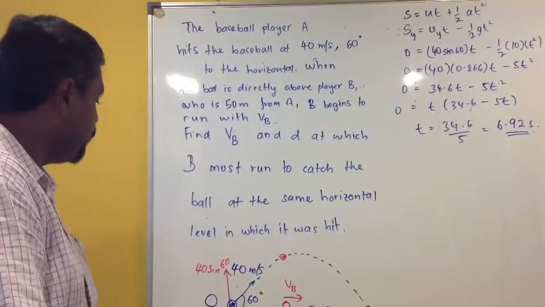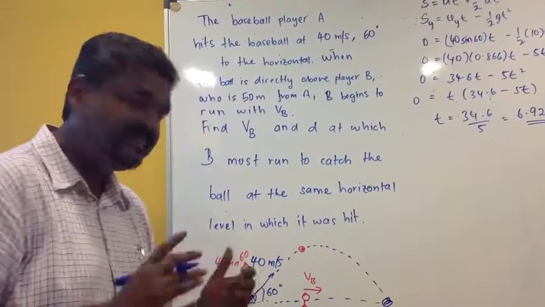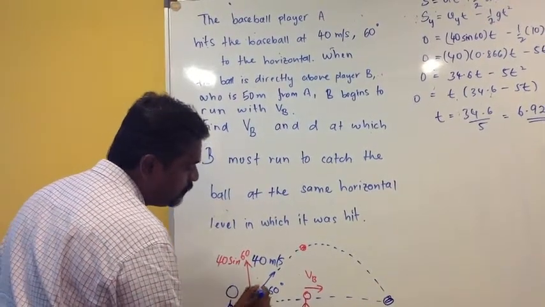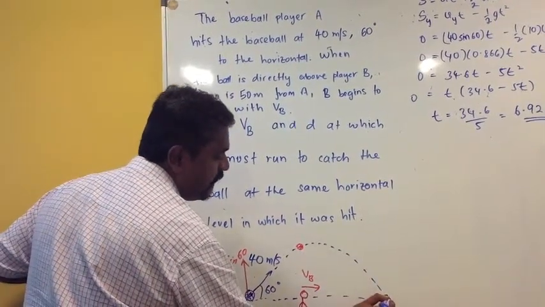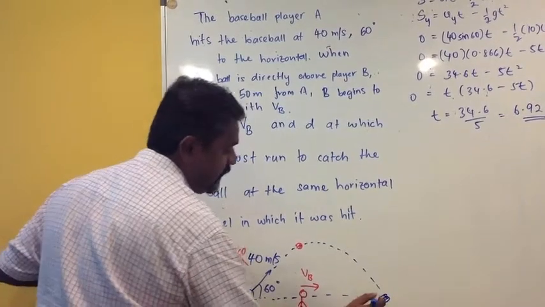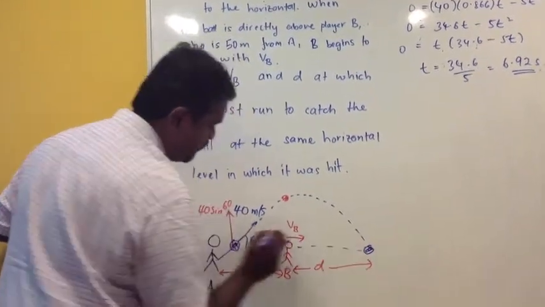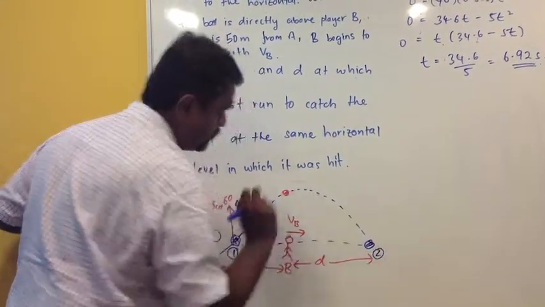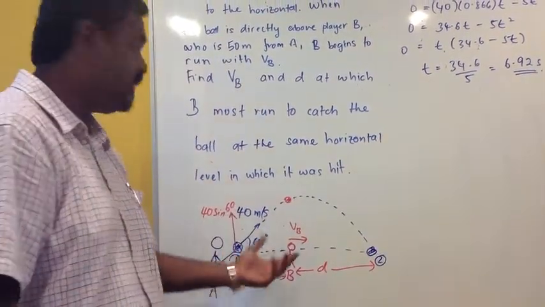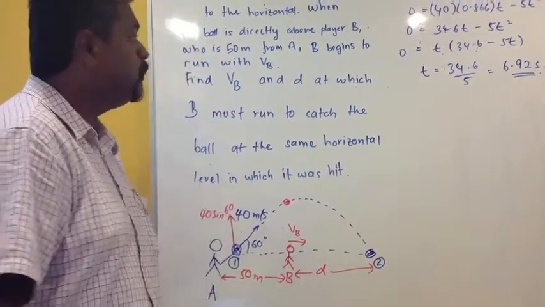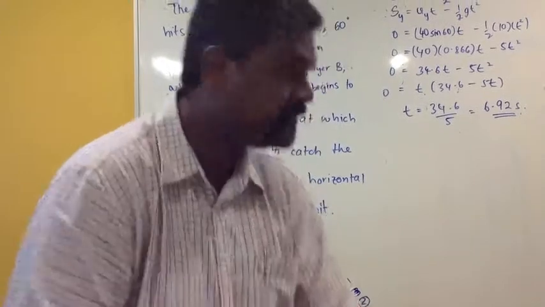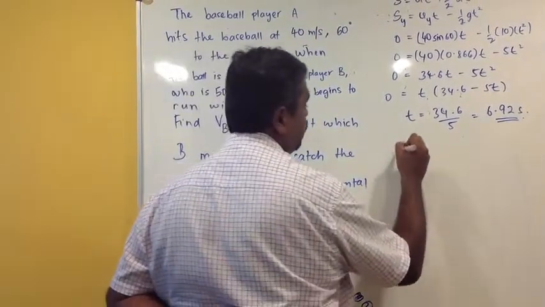So now we know that the ball would take exactly 6.92 seconds to move from this point, follow the path of trajectory and land back at the same horizontal level at the new point. Let's give these points names. Let's call this point point 1 and this point point 2. So the time taken for the ball to fly from point 1 to point 2 would be 6.92 seconds. In that 6.92 seconds, the range that is covered by the ball